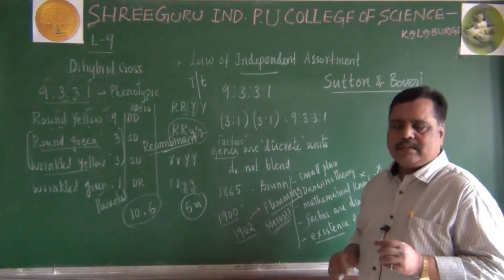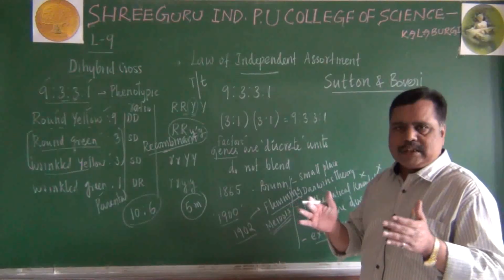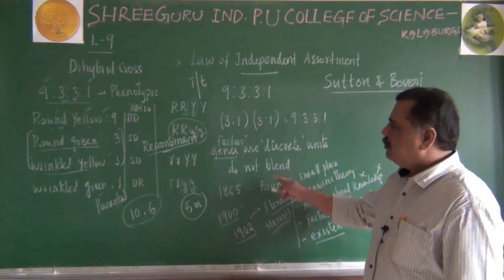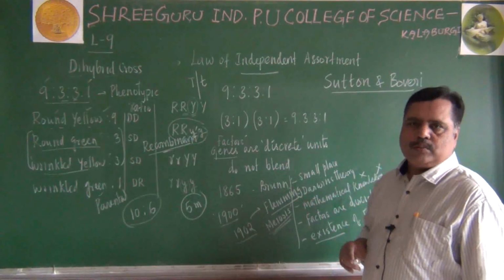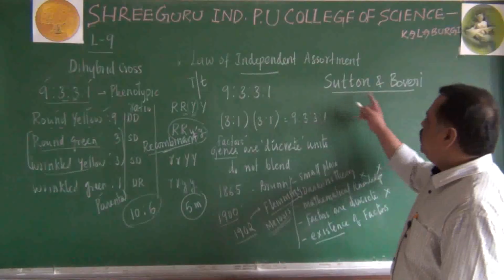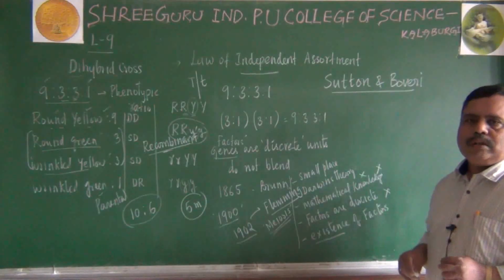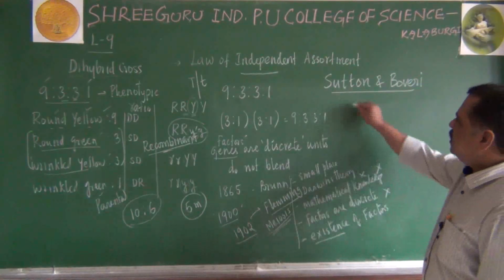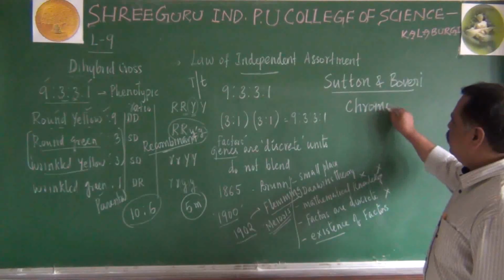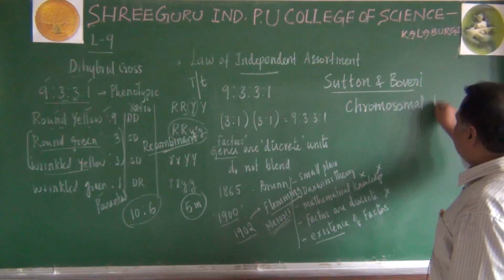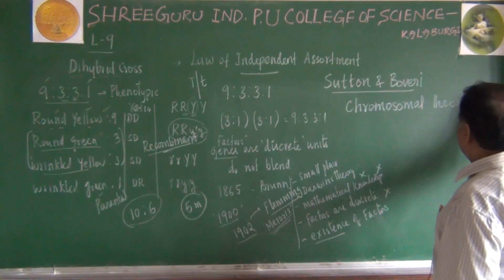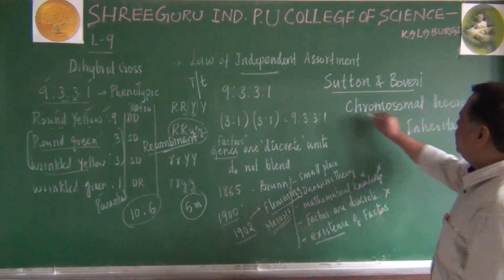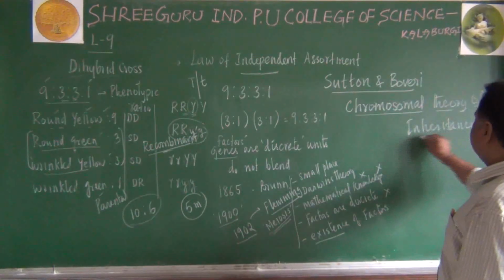So what they did was, when they analyzed Fleming's work on meiosis and other processes like prophase, metaphase, anaphase and all, they came across chromosome behavior also. Based on that, Sutton and Boveri contributed one theory in the field of genetics during the year 1902. What is the theory? It is called the chromosomal theory of inheritance. We are going to concentrate on it in the later part of this lecture.